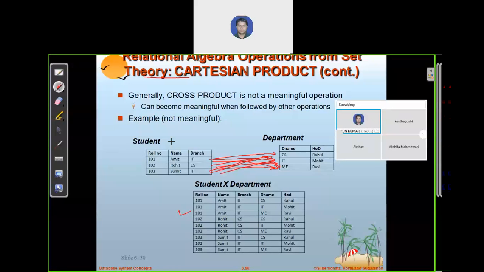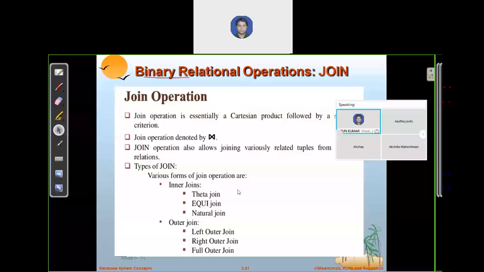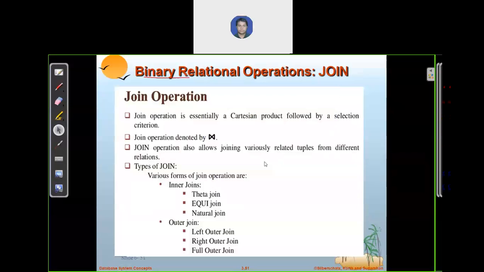Second, it is time consuming and unnecessary; you are computing that operation over the records, which is not necessary. To overcome this problem of the Cartesian join, there are several other join operators, like inner join and outer join.